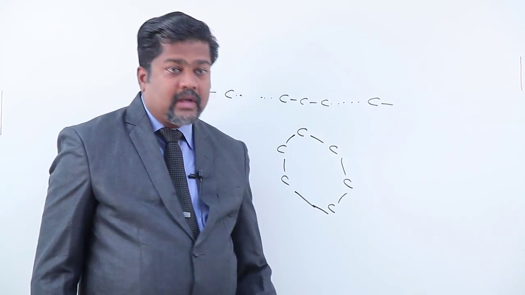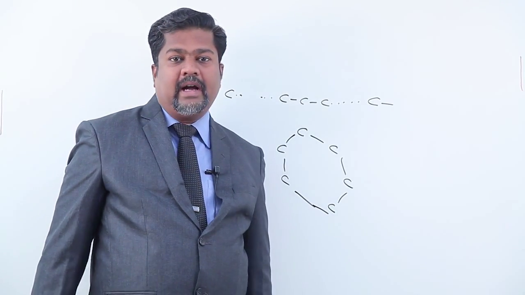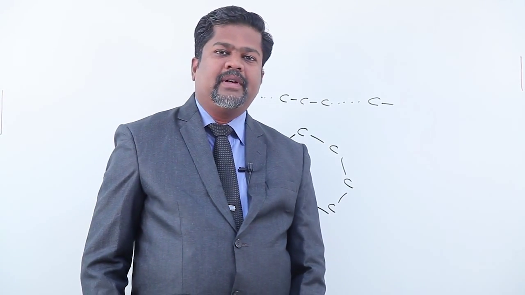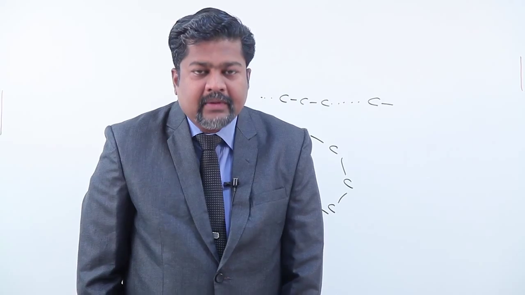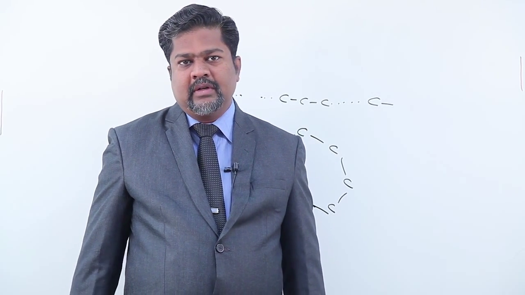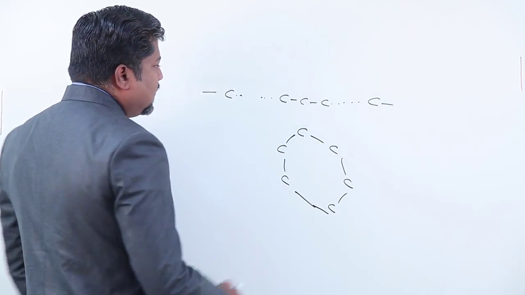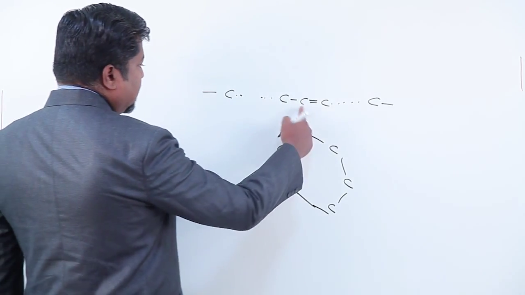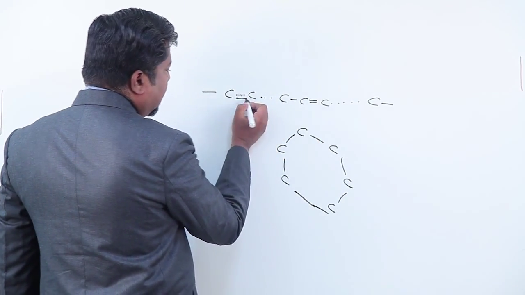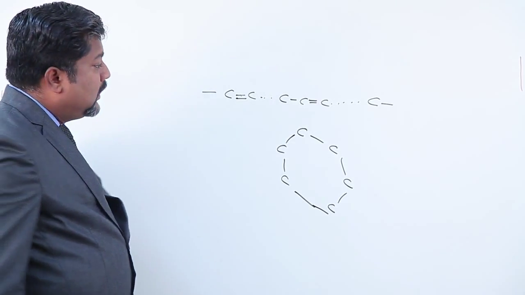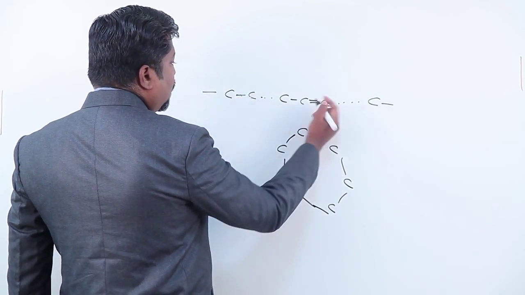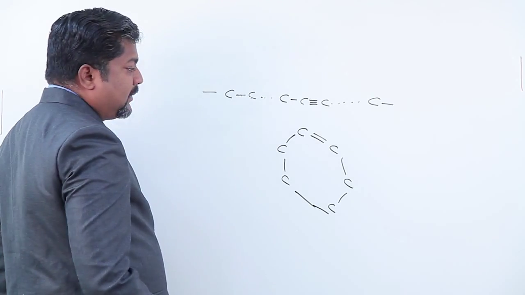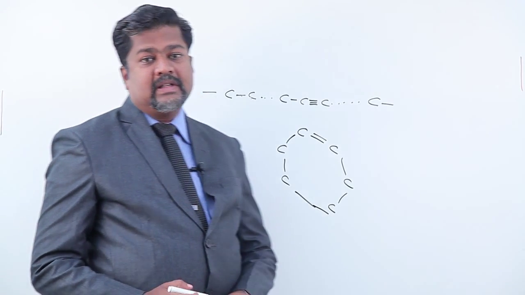Keep in mind, the remaining valencies are all satisfied by hydrogen. Carbon is tetravalent in nature. And so there are two types of hydrocarbon possible, open chain hydrocarbon and closed chain. Then again, in open chain, there may be one double bond between carbon and carbon, or two double bonds between carbon and carbon, or one triple bond between carbon and carbon. In the same way here also, there may be a double bond between carbon and carbon. So like that, possibilities are there.